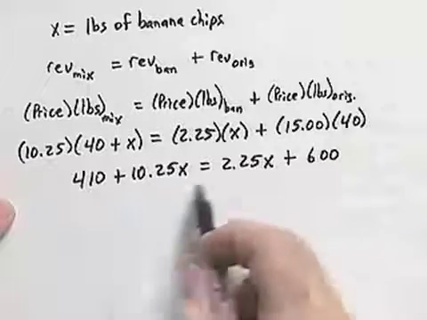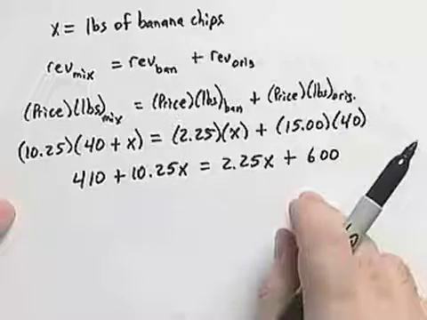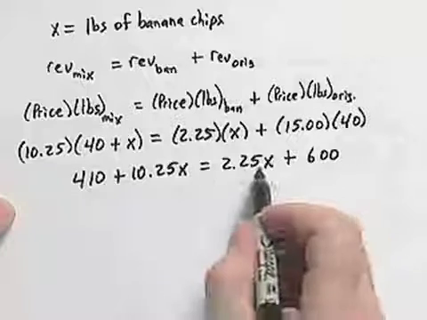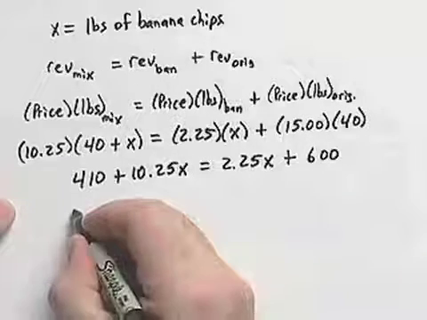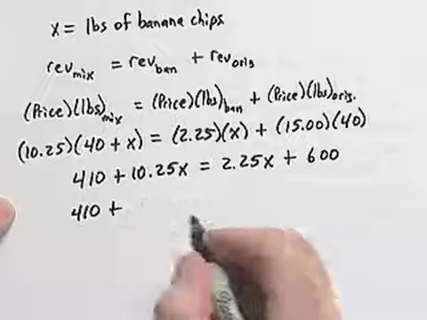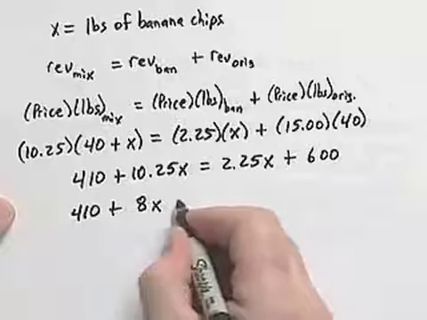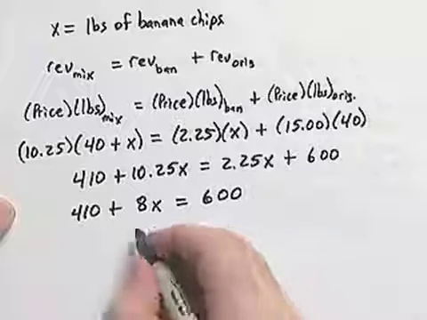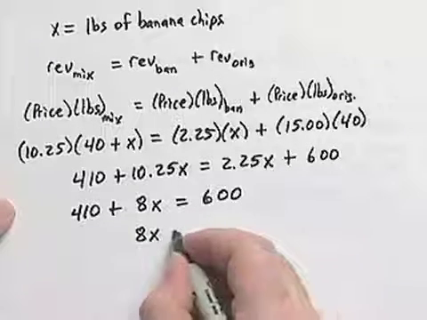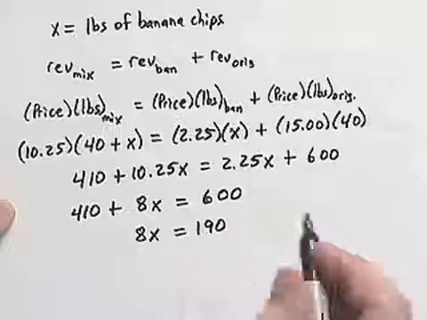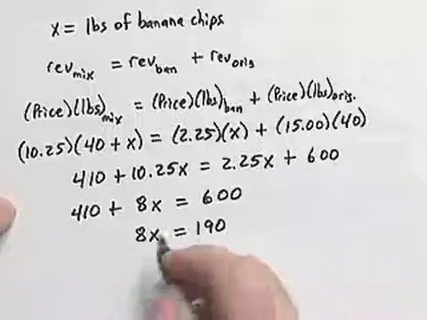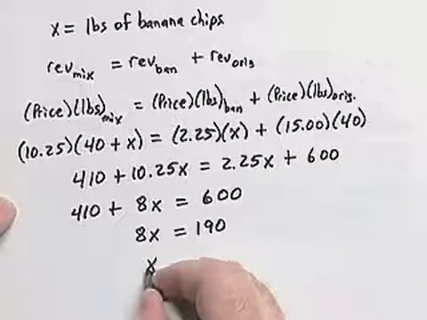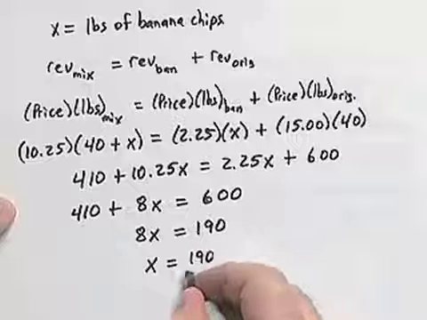We want to isolate the x terms on one side, bring the constants to the other. So we're going to subtract 2.25x from both sides. We get 410 plus 8x equals 600. And then now we want to subtract 410 from both sides. So 8x equals 190. Lastly, we're going to divide both sides by 8. So x is 190 divided by 8,